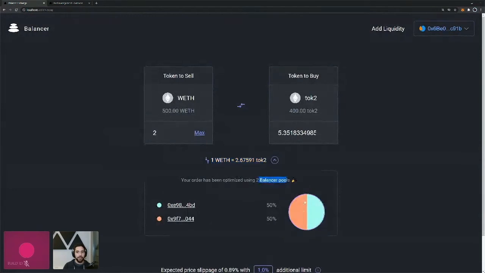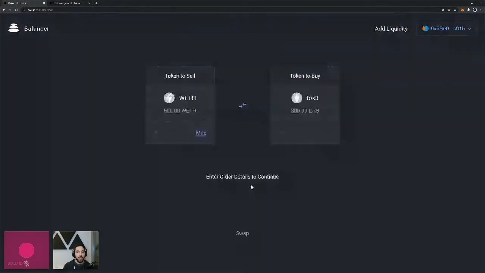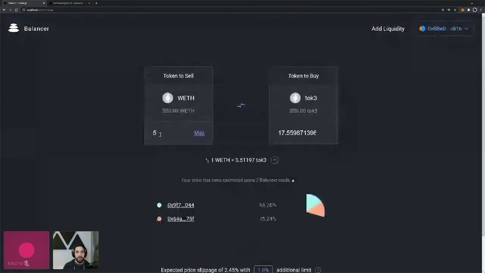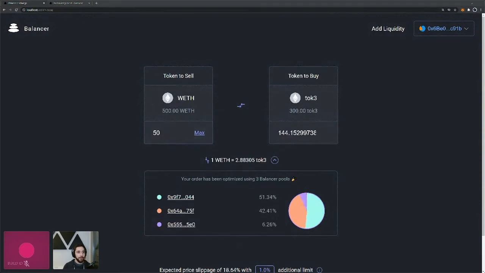So this is really great to see here. If I, for example, choose to trade wrap ETH versus token 3, and I'm going to put here 5, you will see that once again, the smart order routing that actually works off-chain is optimizing my trade with these 2 Balancer pools. But if I increase this right here, you will see that now the smart order routing is including another pool into the party, right? So it's great to see how this trade is being optimized to give you, the user, the best price